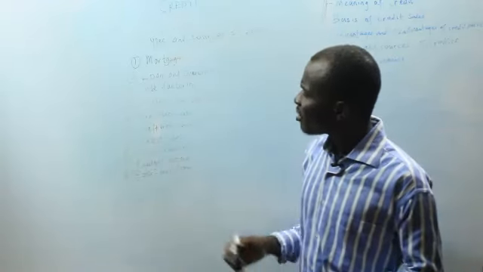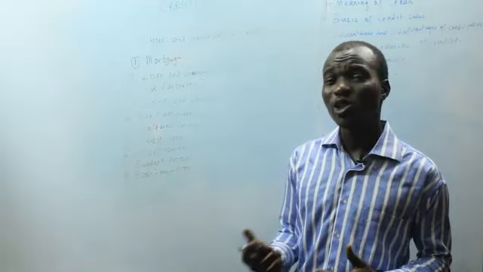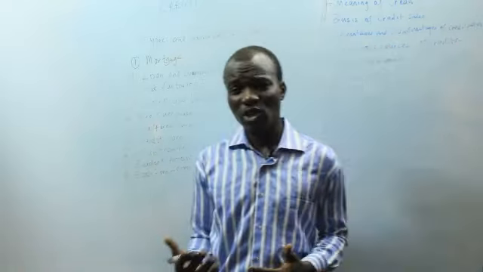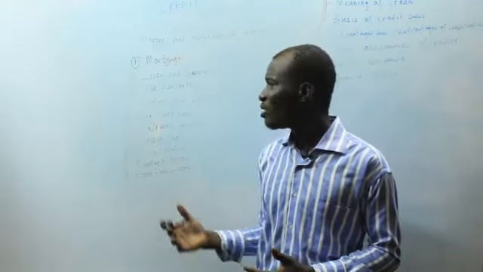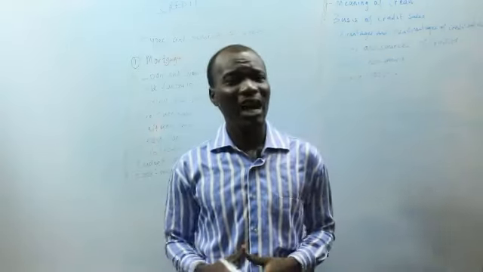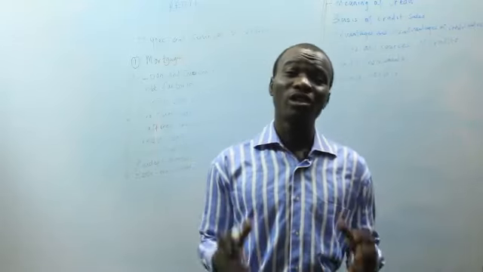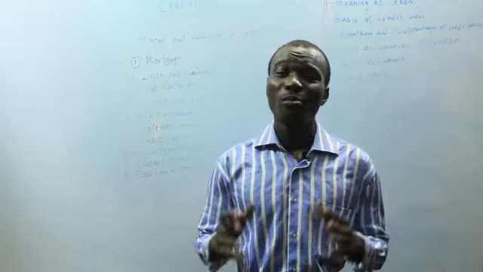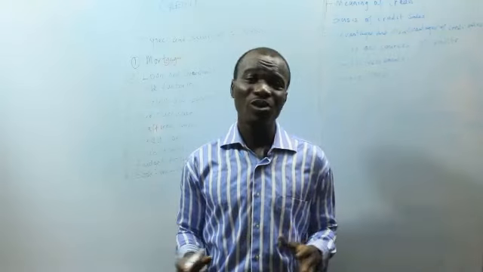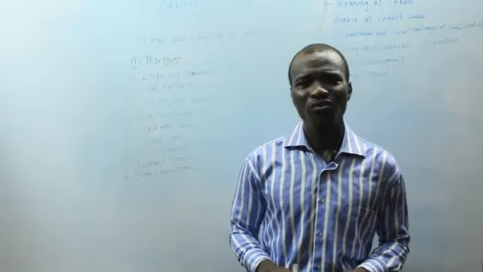Now let's talk about hire purchase, and let's look at some features of hire purchase. In our explanation, we actually talked about some features, but let's look at them plainly. The first feature is that in hire purchase, the hirer has only possession. He does not have the ownership of the goods. He is not the owner of the goods until he is able to pay the final instalment. That is when he becomes the owner of the goods. So he only has possession of the goods, not ownership.